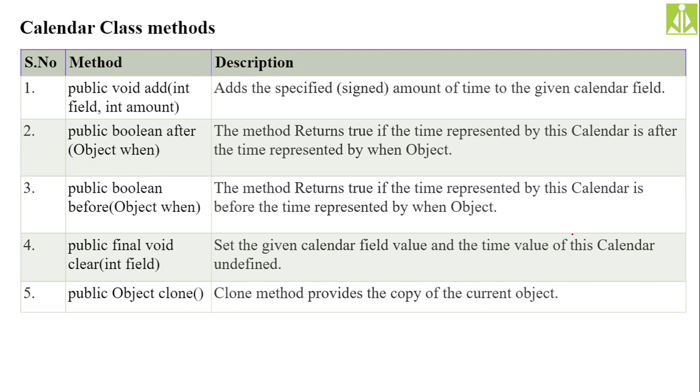Many of the methods are returning boolean values. When you do calculations, comparisons, or time manipulations, to check whether the manipulation is according to your desired need or not, we are returning boolean values. If the boolean value is true, it means whatever modification or manipulation you are expecting is possible. And if it is returning false, it means the manipulation is not possible.